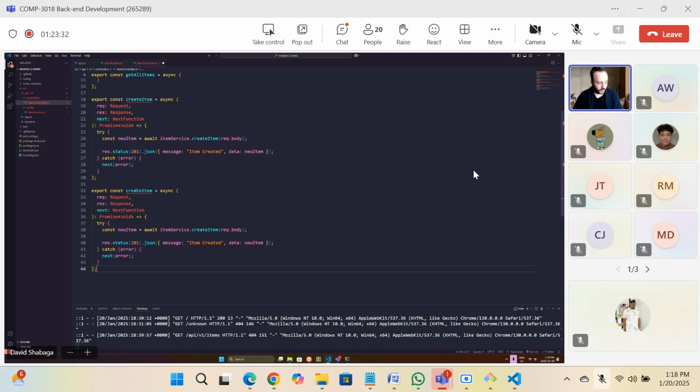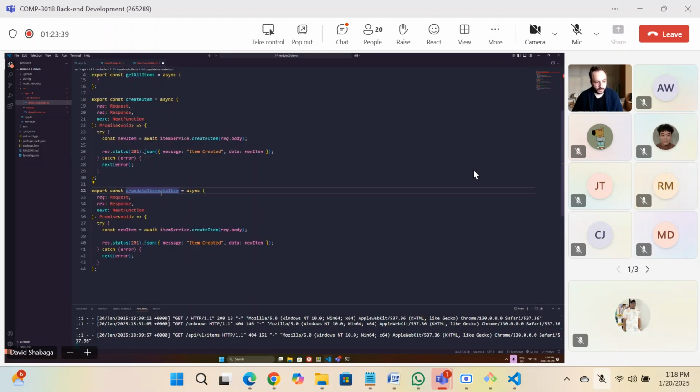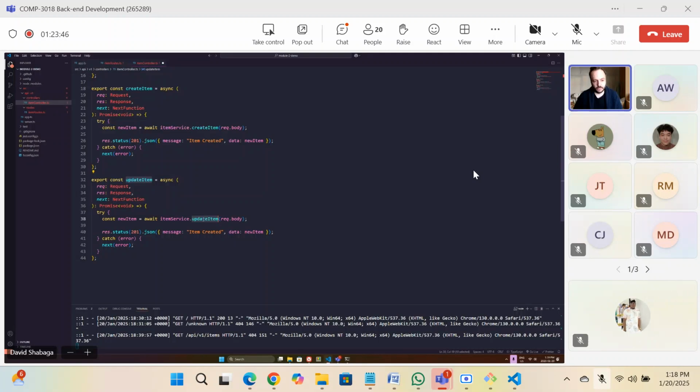I'm going to do the same thing. I just copied this one again. Next function I want to do is update item. And I'm just reusing the same name here. They're directly tied to each other. And instead of new item, we're just going to say updated item. That would work there. And this time,